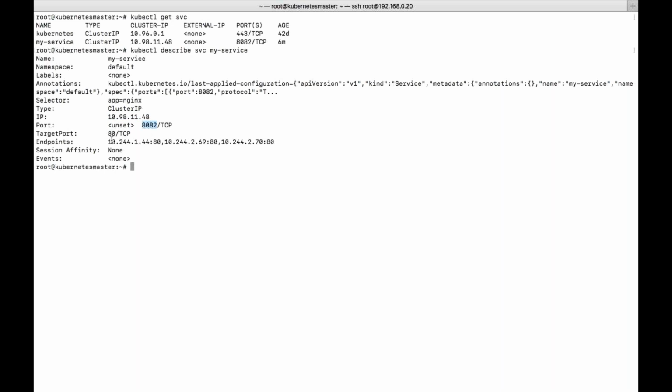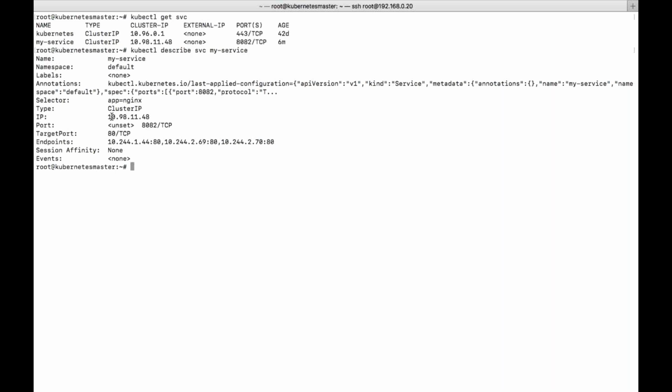You can see the endpoints. Endpoints are nothing but the IP address and the port number of the pods which are attached to the service. So how many pods are there? Totally three, right? So you can see the three IP addresses here: IP address, port number. This is the first pod, this is your second pod, and this is your third pod. These are called endpoints. Endpoints in the service are nothing but the pod IP addresses. Frontend is nothing but this IP address.